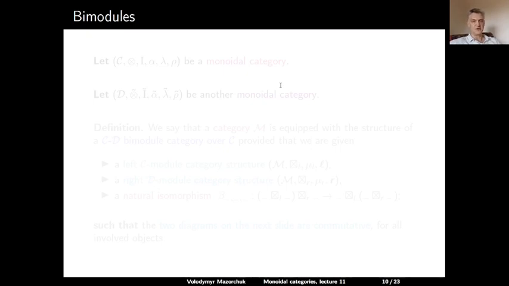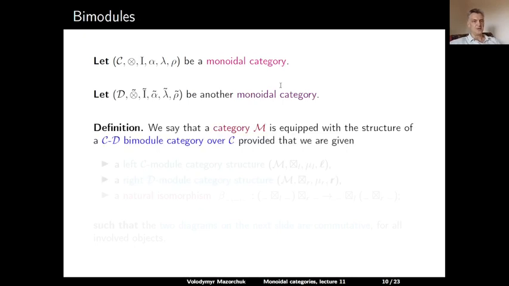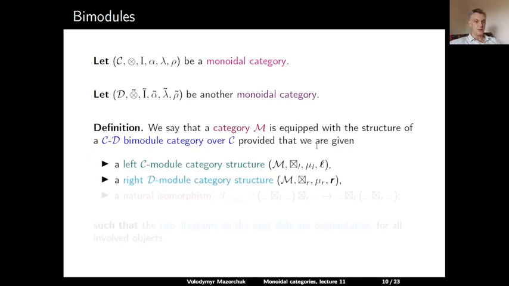There is also a natural notion of a bimodule. Let C be a monoidal category and D be another monoidal category. Definition: we say that a category M is equipped with the structure of a C-D bimodule category, provided that we are given a left C-module category structure on M, a right D-module category structure on M, and these two structures are connected by